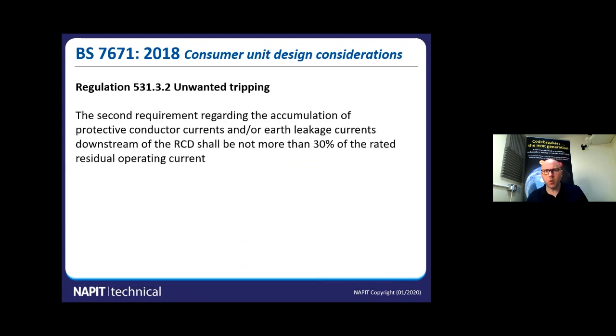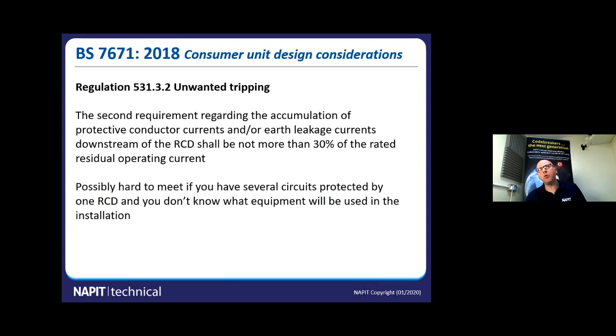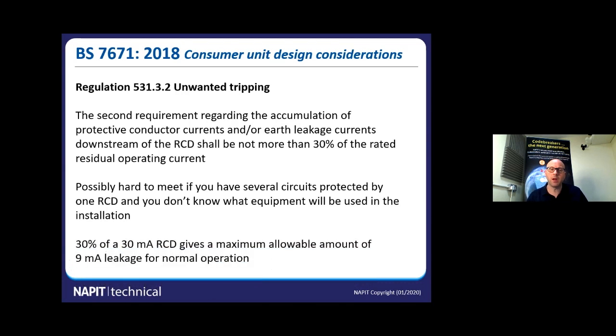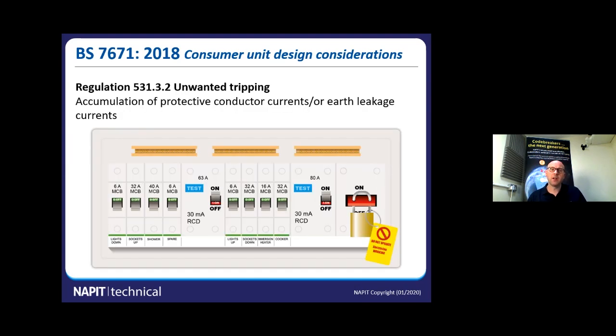When we look at the second requirement regarding the 30% and the accumulation, it's possibly hard to meet because you don't know what's going to be necessarily on those circuits and what equipment's on there and how leaky it is, and you could quite easily build up a 30%. 30% of a 30 milliamp RCD gives a maximum allowable amount of 9 milliamps leakage. So just looking at this consumer unit here, if we were to look at, let's say, the RCD closest to the main switch, we've got a 32 amp MCB there for a cooker. The cooker may have some sort of elements that are leaking to earth slightly. There may be a few milliamps there. We've got an immersion heater. We've got some sockets. We don't know what's going to be plugged into those sockets. So as you can see from just a simple setup here with 4 MCBs, we could quite easily approach 9